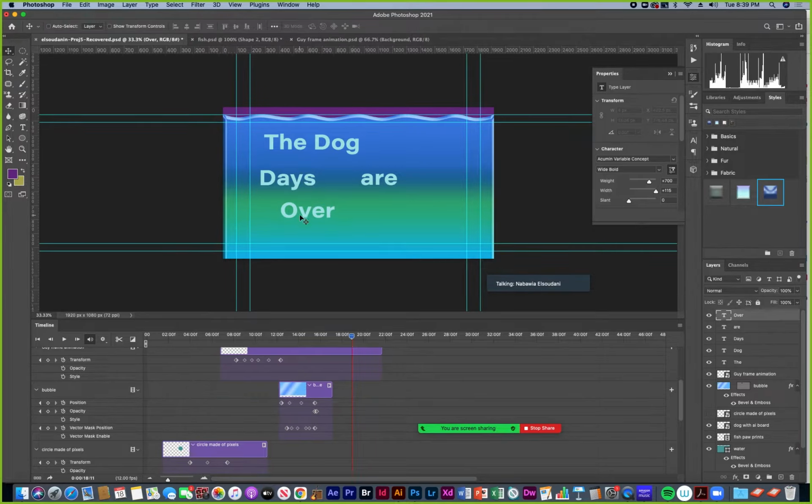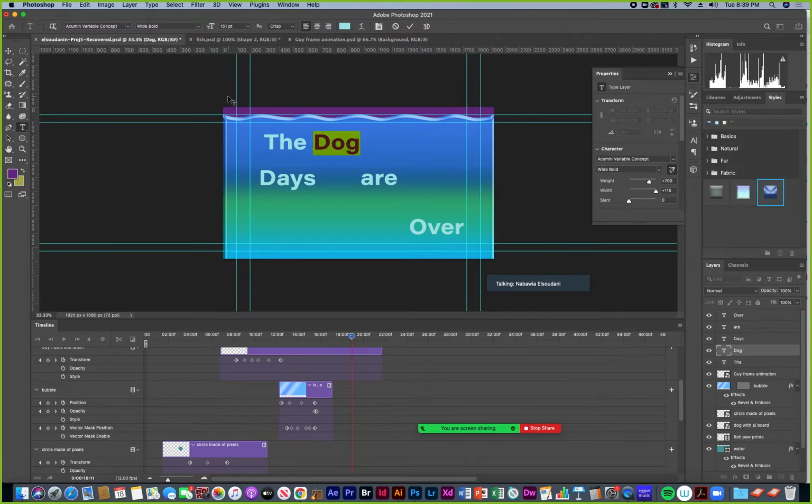And then words that I want to really emphasize and exaggerate to make the layout interesting, I would select those words and make them bigger. I can go back to auto select, so it's easier to select my layers remotely. And then I can increase the size, like dog is an important word here that I want to stand out. The dog days. So dog, if I go to my type tool, I can see that's 301. So maybe I want days to match, so I can highlight days and type in 301 also.